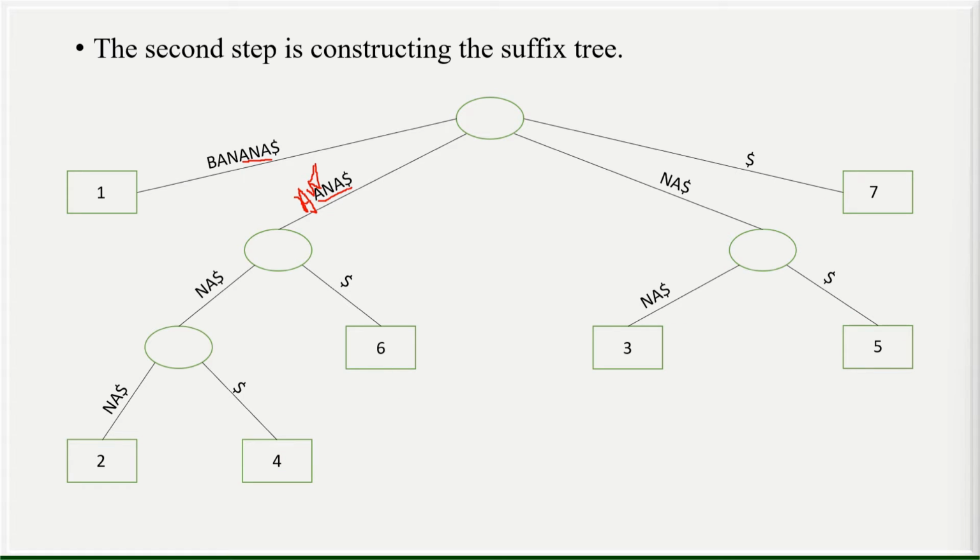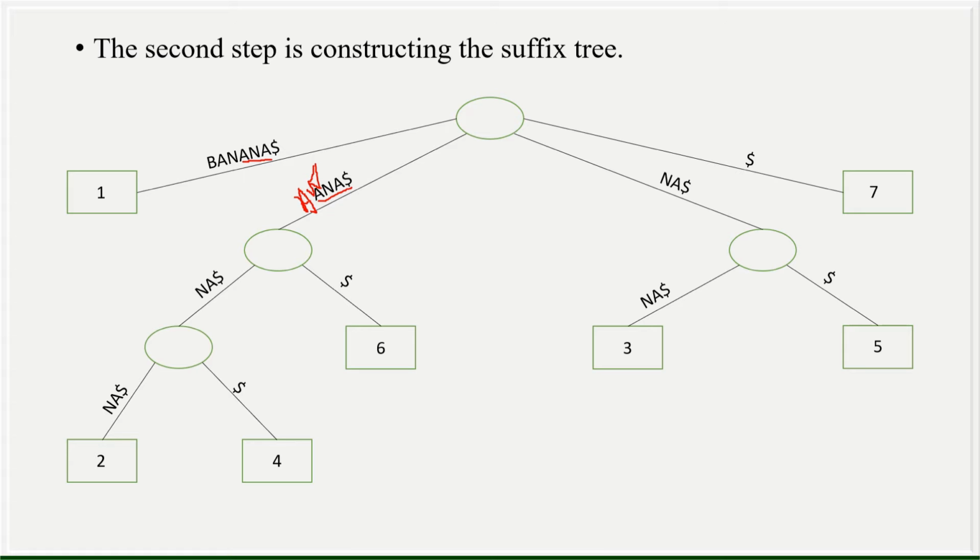Yeah. So let us verify whether we have completed all the rules. The tree has 7 numbered leaves, which is equal to the suffixes given in the tree. Yes, we have done that. The second is every internal node should have at least 2 child nodes. Yes, there are 3 internal nodes, 1, 2, and 3, and each has at least 2 child nodes. Yes, we have completed that. Then all the edges have been labeled with a non-empty substring. Yes, all the edges have some substring as well.